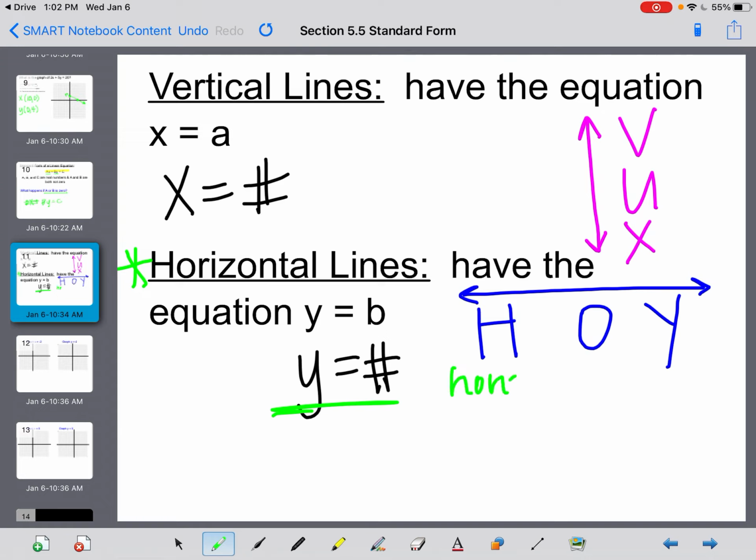So H stands for horizontal. This is actually a 0. And this is for y equals. So if you get a y equals, it's going to be a horizontal line. And your slope is going to be 0. Okay. Now, if your